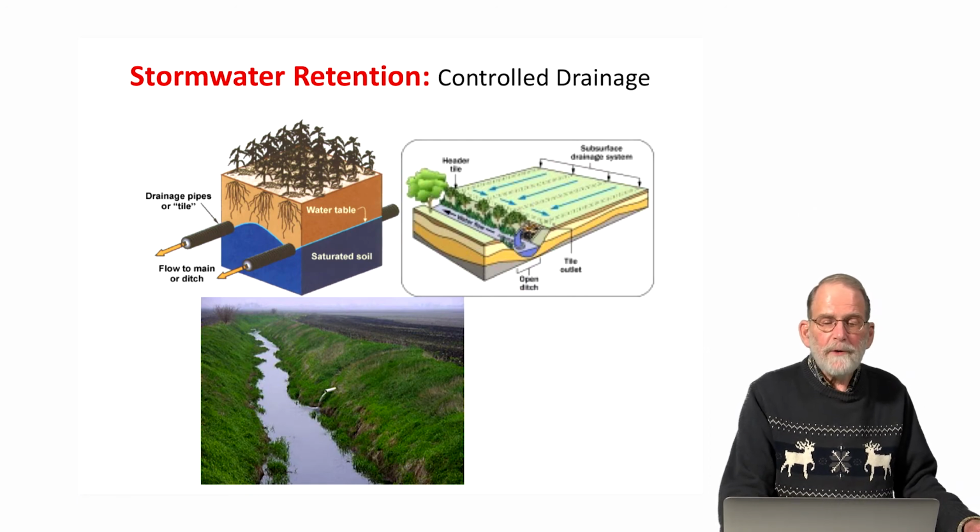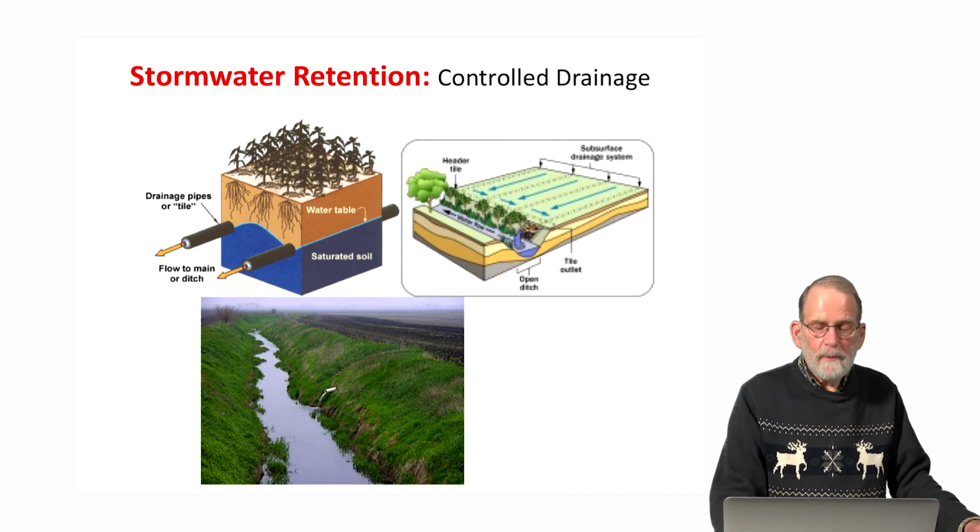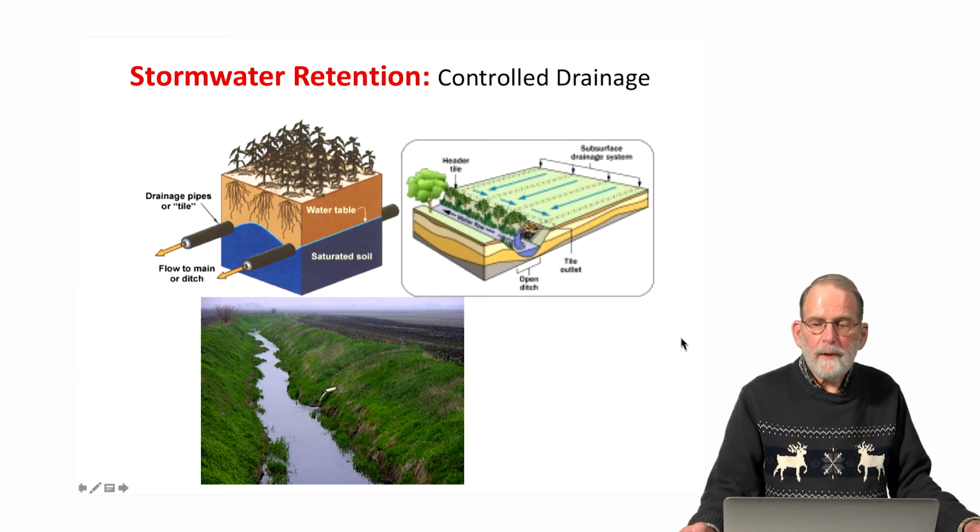Finally, we can talk about something called controlled drainage. In agricultural areas throughout much of Minnesota, the soil holds water for a long period of time, and it makes it more difficult to farm in an economically efficient manner. So as a result, in low-lying areas, we often have what are called drainage systems, which are a series of underlying perforated pipes that draw water out of the soil and transport it to a drainage